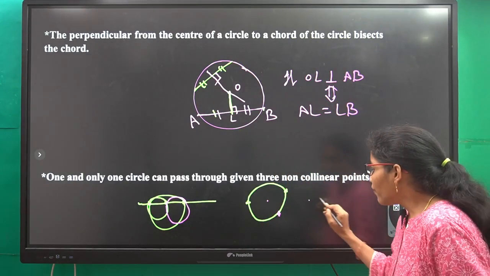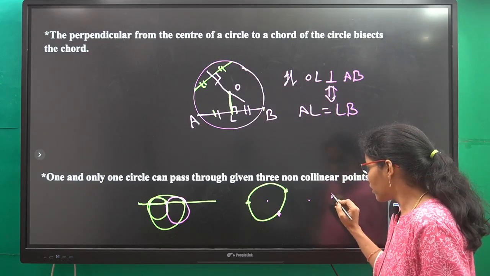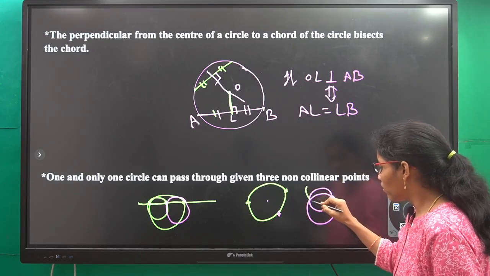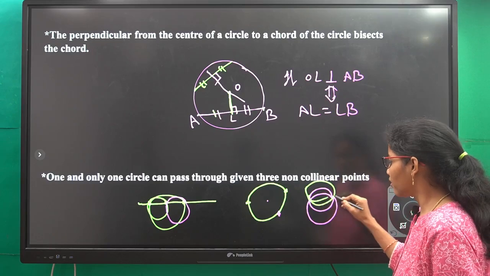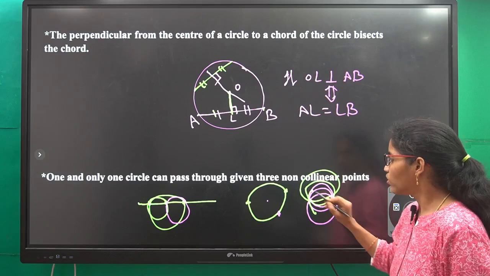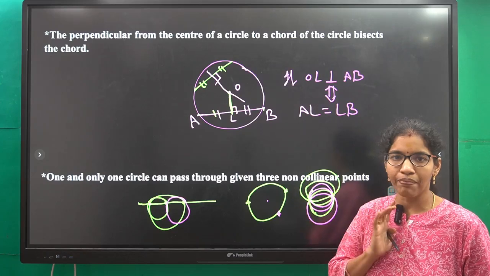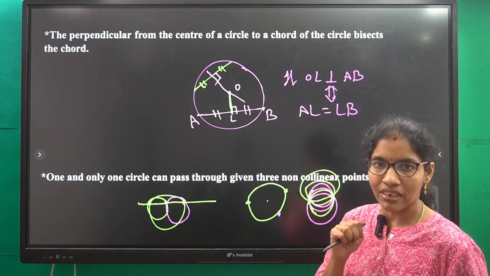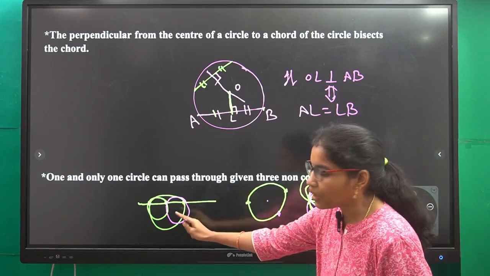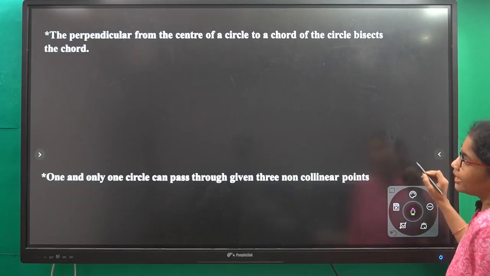Okay. With 2 points, how many circles can pass through the 2 points? Tell me. This is one. This is one. This is one. Like this, infinite circles can pass through these 2 points. Clear? So with 2 points, infinite circles can pass. With 1 point, infinite circles can pass. But with 3 non-collinear points, only 1 circle can pass. And with 3 collinear points, 0 circles can pass. Clear this one, right? Yes. So the next one is